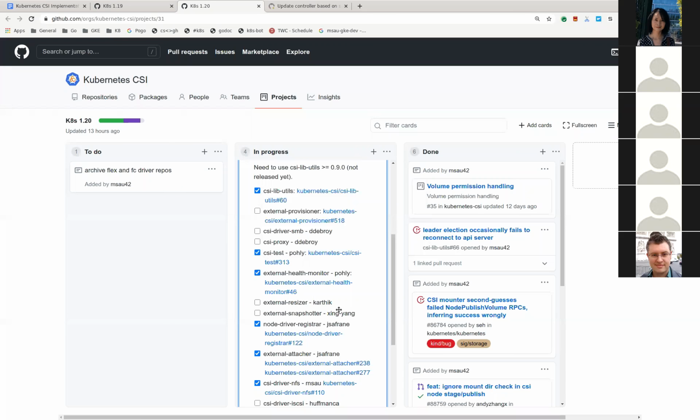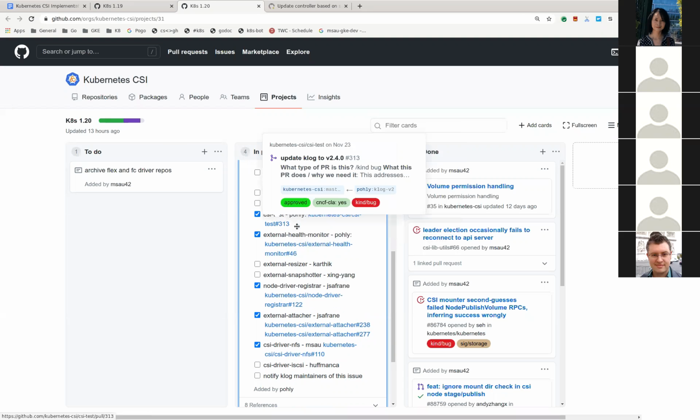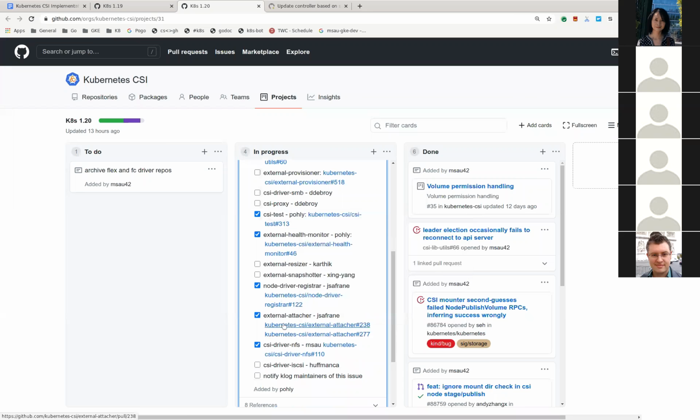There's a bunch of PRs that are linked here. For the sidecar, look at external attacher and look at the PRs that went there. For the driver, you can look at the NFS one and see what was done for NFS. Okay. Sounds good.